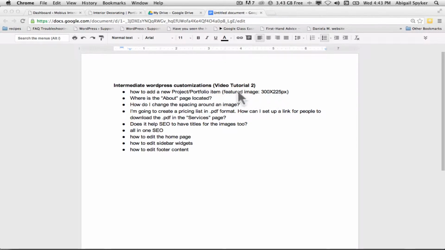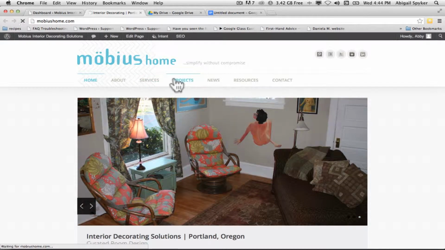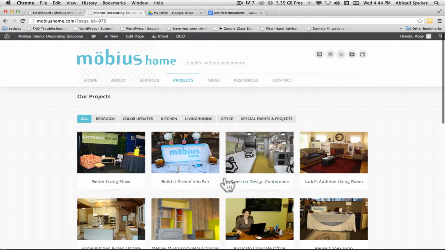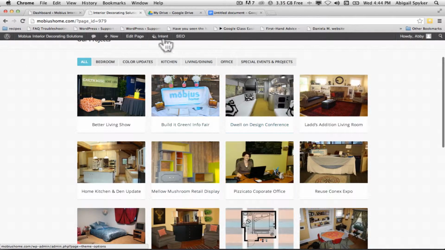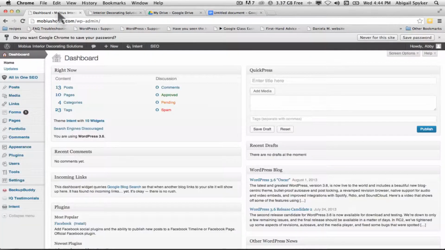And just for your reference, the featured image in the portfolio item can be any size, but the dimensions that it's displaying right now on the website are 300 by 225 pixels. So if I come in here to projects, you can see each of these images is 300 by 225 pixels. So if you wanted to crop to size or you're having an issue with the sizing, that's the dimensions you want to go for. So you come into your dashboard and come to